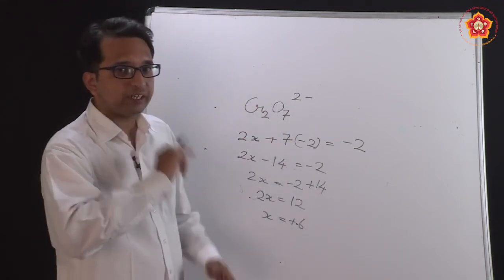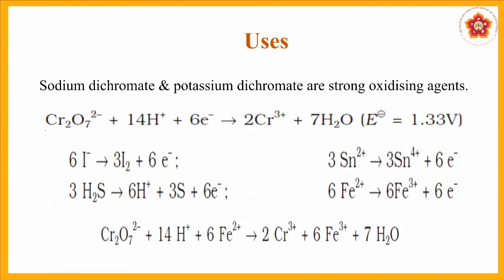So coming back to the reaction now, we know that the charge on the chromium in dichromate is +6. So what is happening in that reaction is, the chromium charge is coming from +6 to +3. What do you mean by that? Earlier it was short of 6 electrons. In the product it is now in the Cr +3 state, which means that it is short of 3 electrons, which essentially means that it has gained electrons.